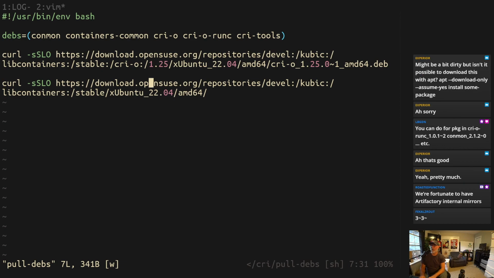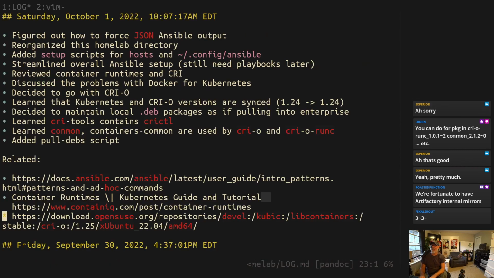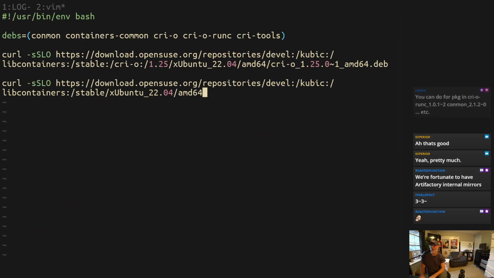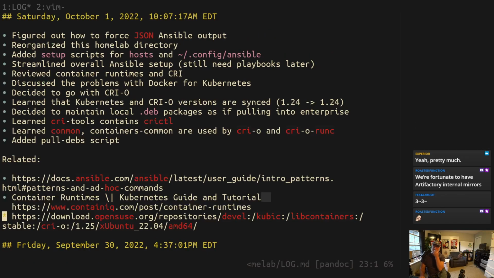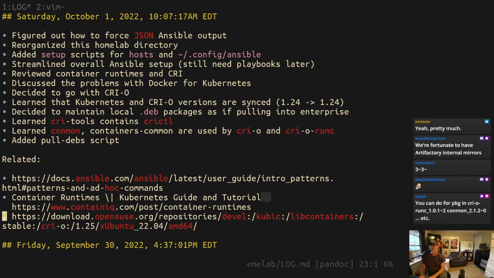So you have Artifactory internal mirrors. Okay. Yeah, if you want to do internal mirroring and that stuff, we can do that kind of thing, but I don't always trust it. Artifactory is for a certain type of company that's okay completely signing off all their security to a third party. And my company is not willing to do that. So that's how you get a SolarWinds problem, which is kind of related, not really, but